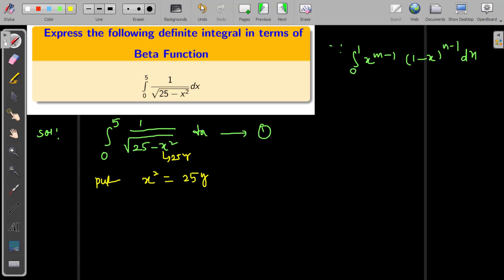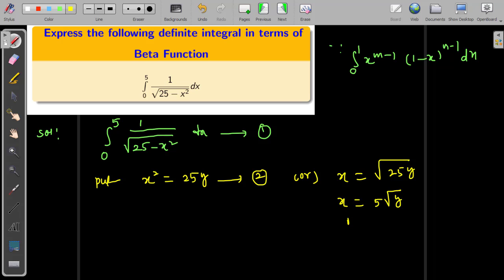That is the idea. So in that case I will be taking x square equal to 25y. For example, if 16 is there, take 16y. If 2 is there, you can take it as 2y, so x square equal to 2y. Let us mark this equation number 2. Or else we could express x equal to square root of 25 times y. This gives x equal to 5 times root y.